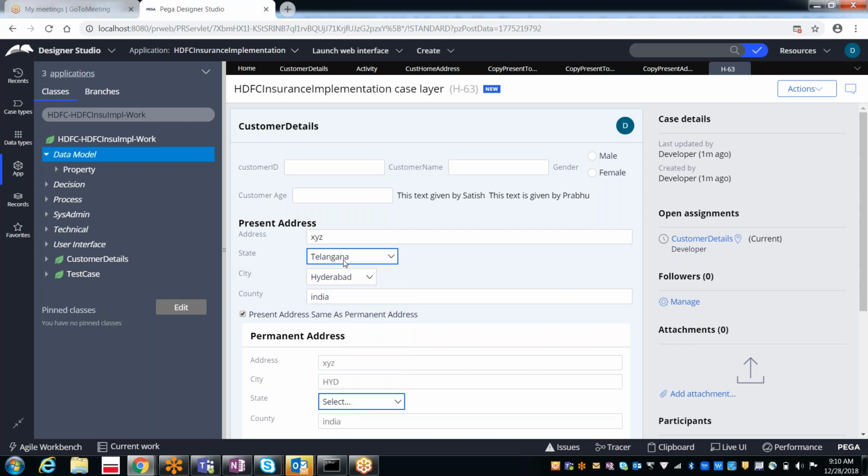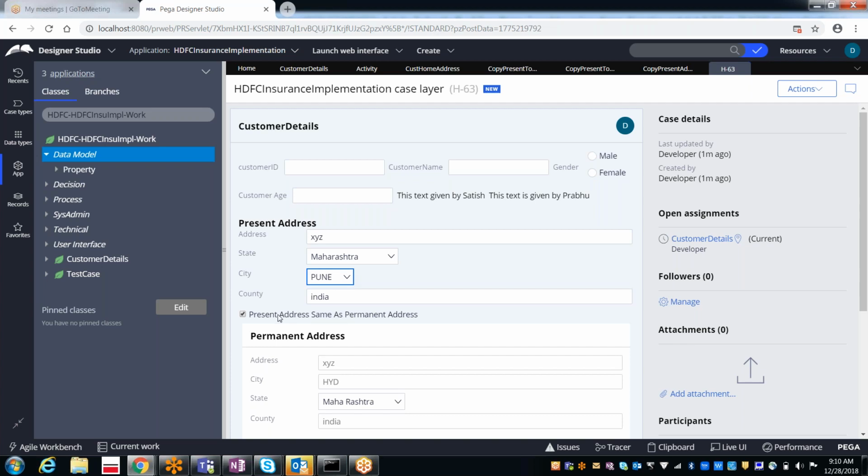Okay, so why? Because here the values are something different. Here if you take Maharashtra, it is without space. But whereas here in the state I have given Maha space R capital, like that. So these changes also are going to impact it. So you should give the same values. Why? Because here I used one way of loading the data into the drop down, and here I used a different way of loading the data into the drop down. So that is the reason why it is having the problem. As it is not having the same values, it is not able to do it. Anyway, no problem.